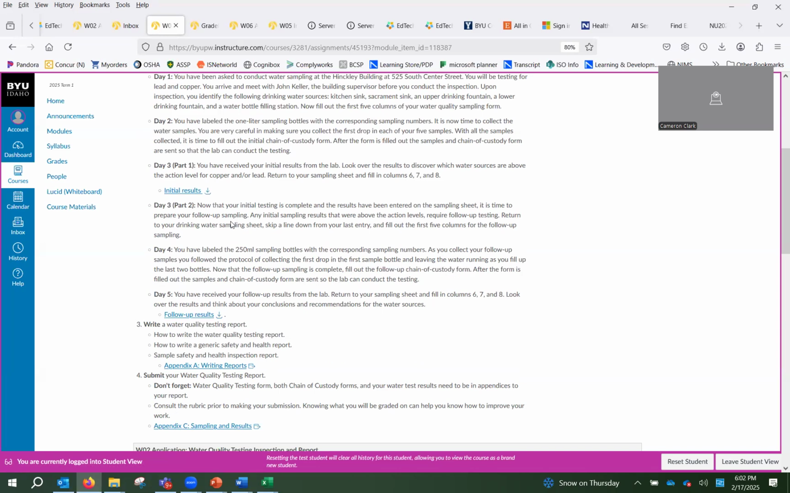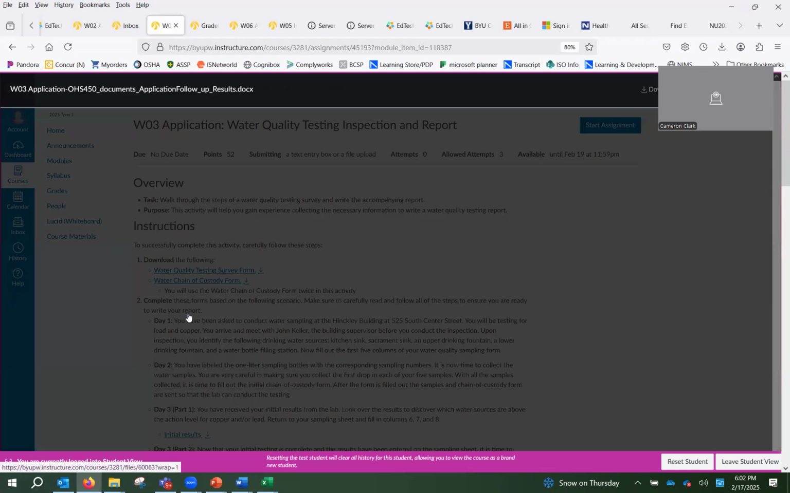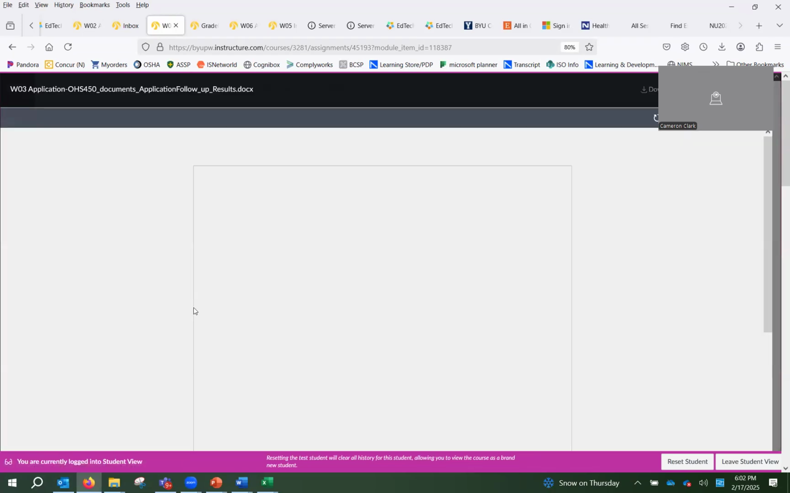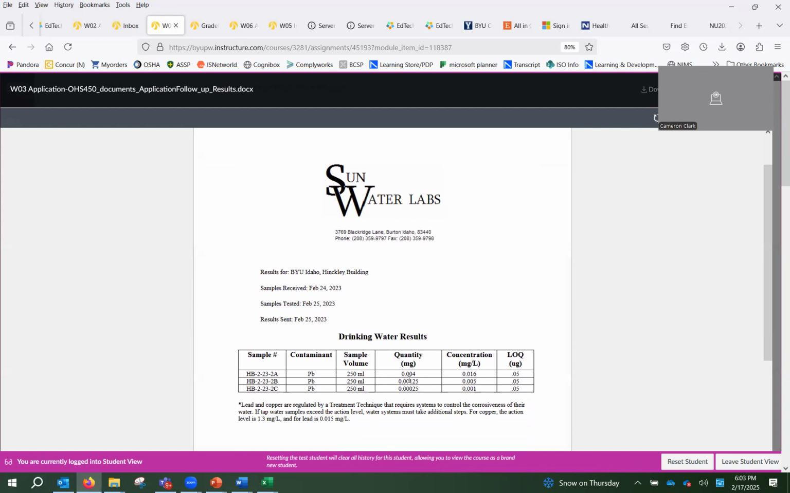And where do you get those? Right here in your follow-up results. So you're going to click on that. And then you're going to see that you only have three samples here, and they're only for lead. Copper doesn't appear because copper wasn't high on the initial samples. So you got your follow-up results right here. You're going to take those concentrations right here in this column, and